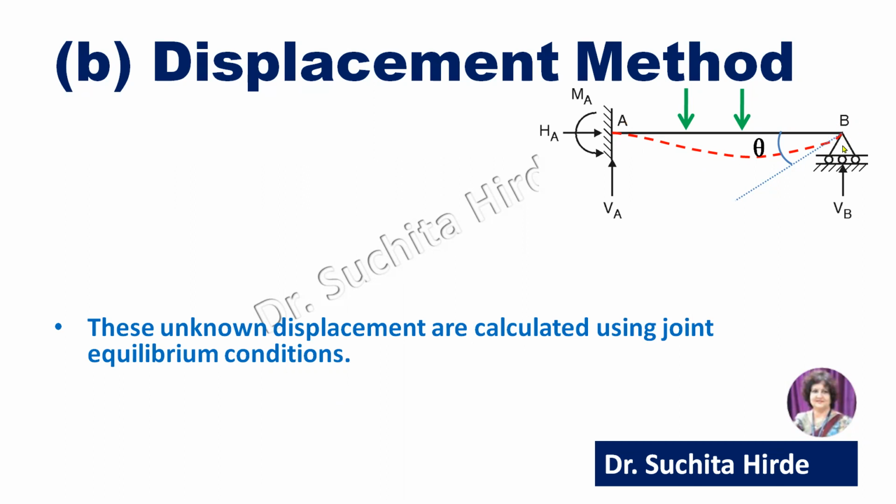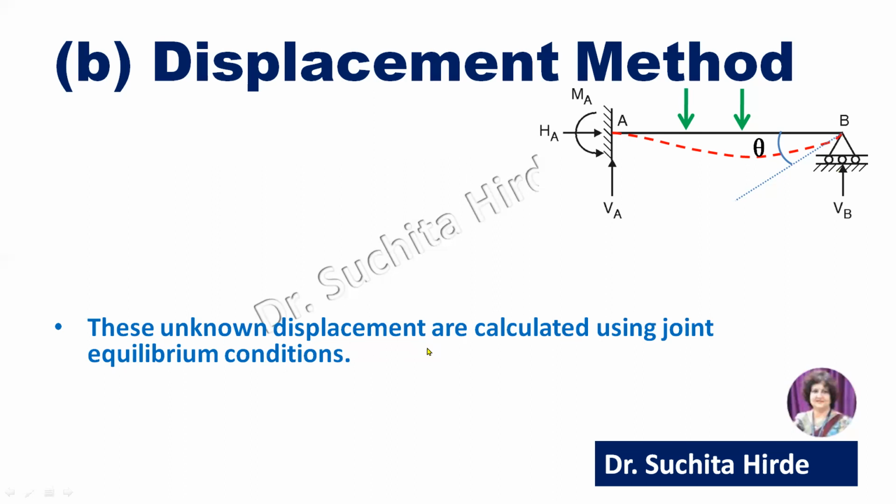What is the compatibility condition at B? That delta B is equal to 0. That deflection at B is equal to 0 is called the compatibility condition, whereas bending moment at B equal to 0 is called the equilibrium condition. So in force method, we use compatibility condition, that means delta at B equal to 0, whereas in displacement method, we use equilibrium condition, that means bending moment at B equal to 0. In both cases, we are considering the same beam, but the procedure is different.